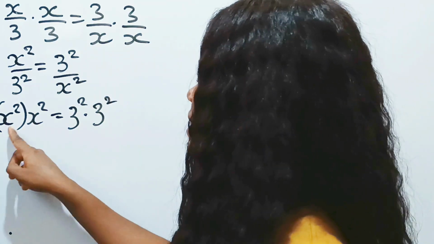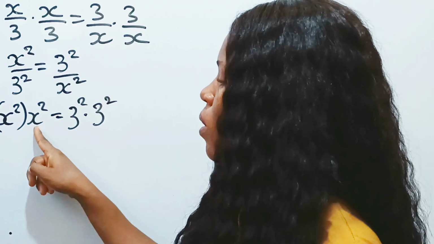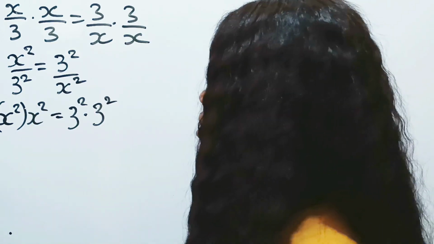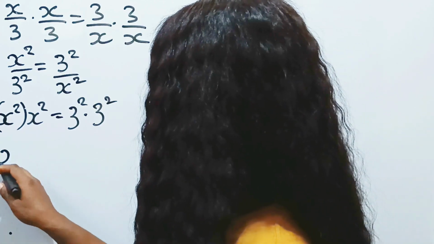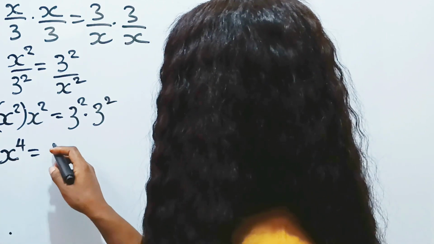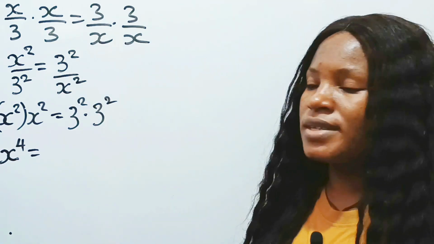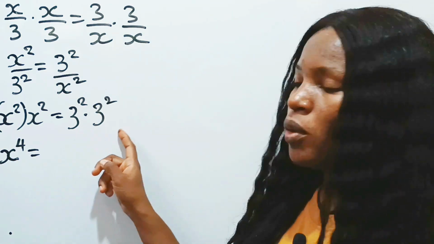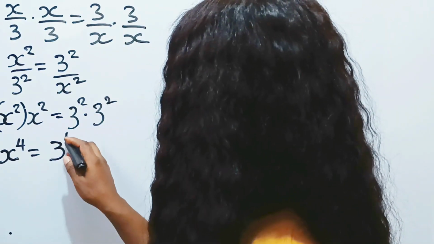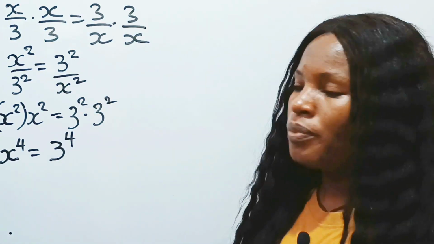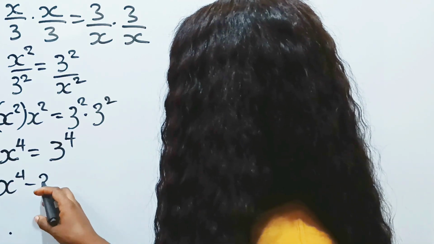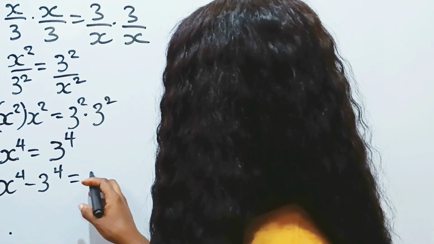Okay, now when you have the same base, all you need to do is to pick one base and add the powers according to the law of exponents. So we are going to pick one base, which is x, and we are going to add the powers. 2 plus 2 to get 4 is equal to, we are going to do the same thing here. We are going to pick one base, which is 3, right? And we are going to add the powers, which will give us 4. Now we can write that x to the power of 4 minus 3 to the power of 4 is equal